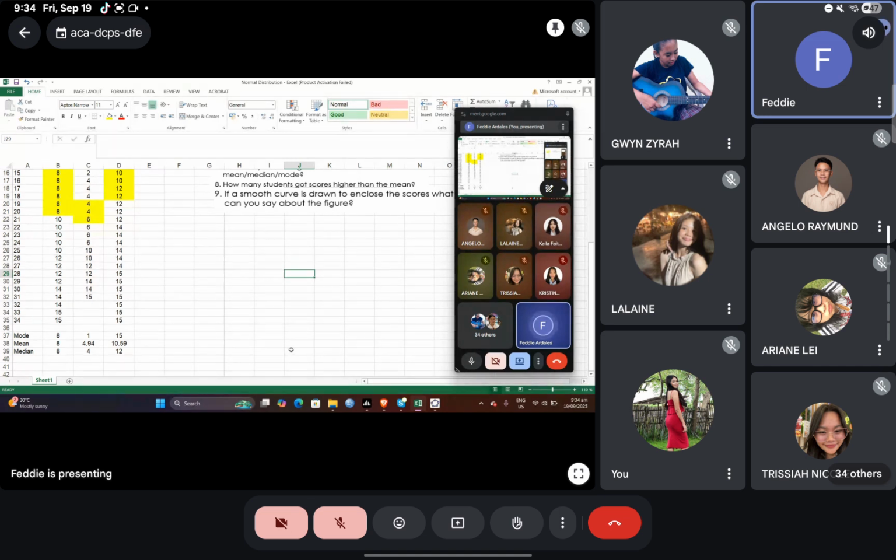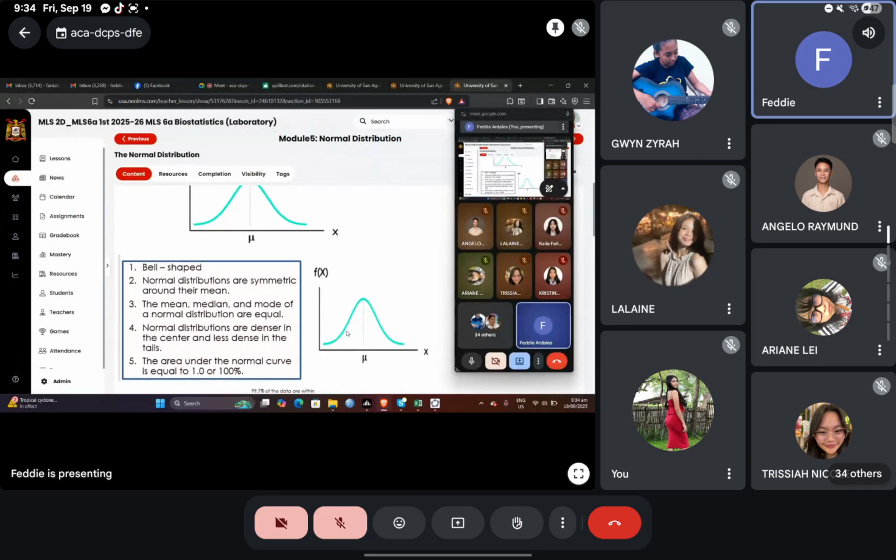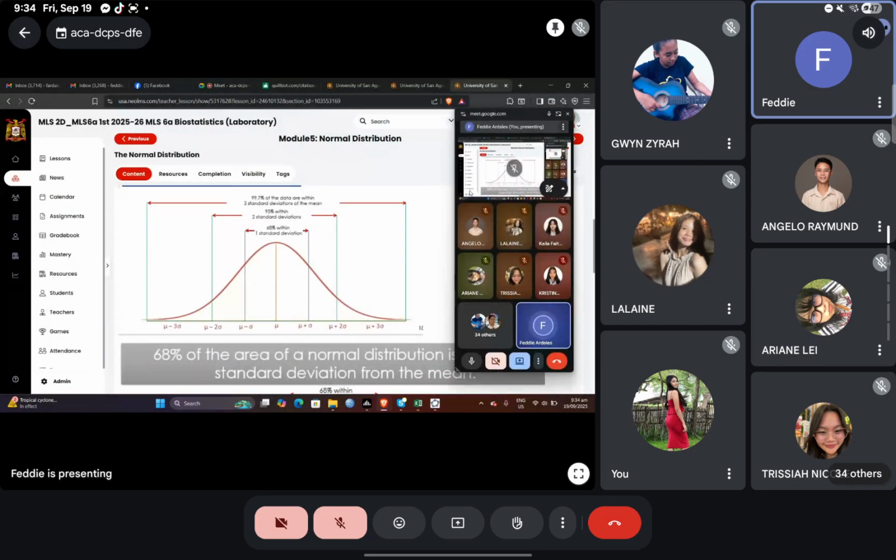If you try to draw a graph, most likely the curve is going to the right or to the left. It is not at the center. So that is how it is illustrated. Now, let's go back to this one. So we have approximations of the areas under the normal curve.